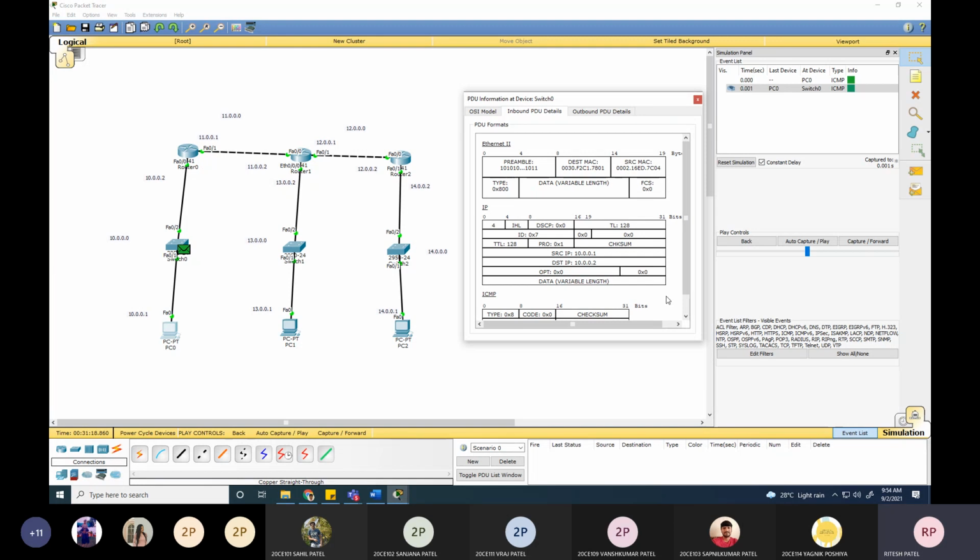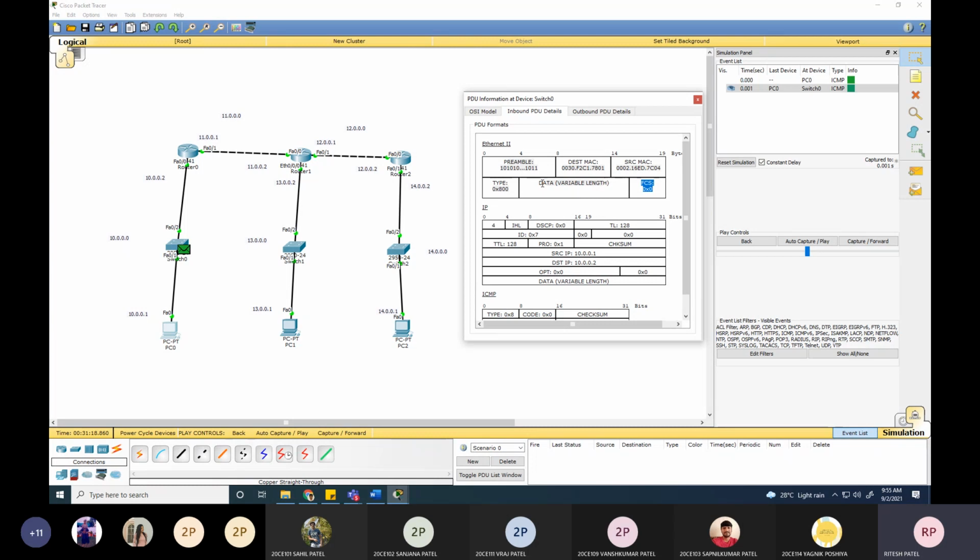This is a pattern of ones and zeros, not just a sequence of ones and zeros, but it is shown in terms of a frame. So this is the frame: the preamble, forget about the preamble, the destination MAC address, the source MAC address, then type, then data. We haven't focused on the data, but the FCS, frame check sequence, is just 0.